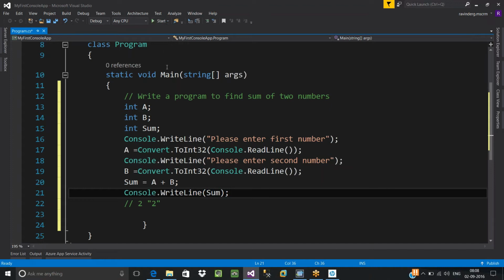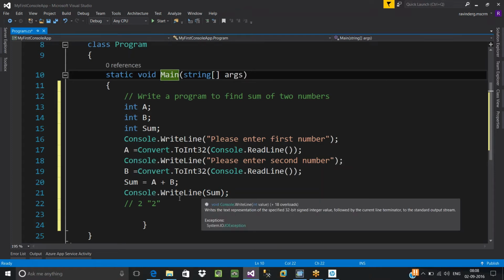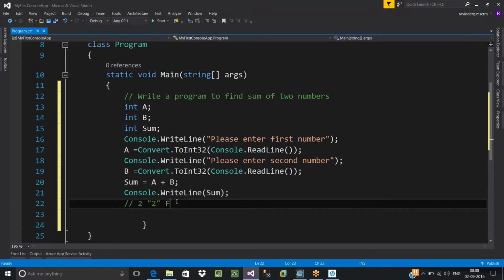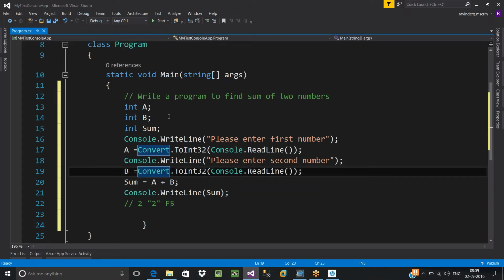If you don't want to click on this, if you want to use a shortcut key, yes, you can. Either click on that button or press F5. Press F5. This is a shortcut key for compiling and running your application. Okay, so let's use both options. First, I am pressing F5. Otherwise, you can click on Start.